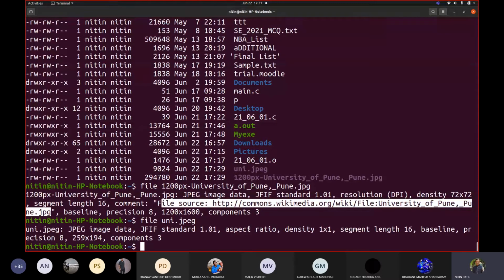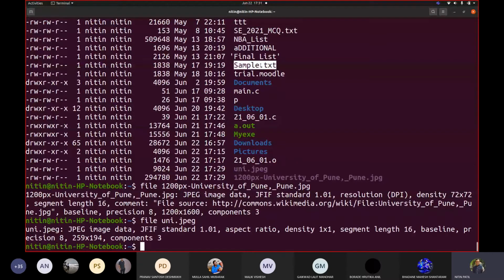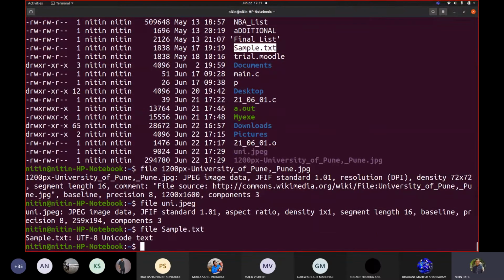Otherwise they are the same, so it can work with either file. Even for example there is sample.txt here. If I go with file sample.txt, it tells you that it is Unicode text. So your command should be able to read any type of file.